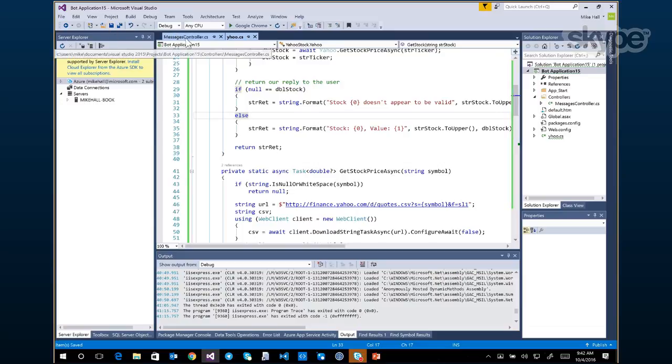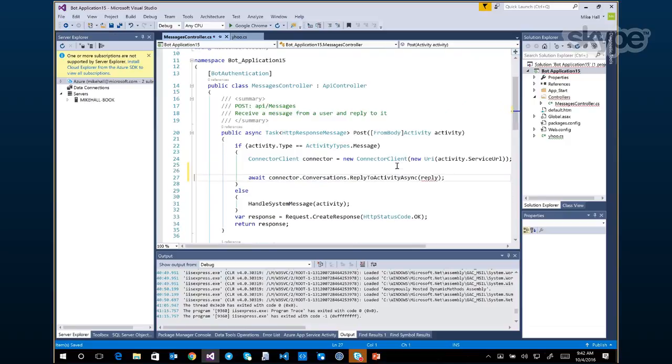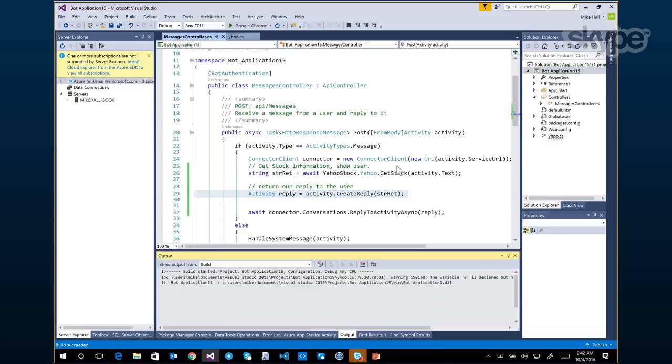Okay, I'm going to save that, come back to the message controller, and then I'll remove the lines of code that generate the string length and a message, and I'll just drop a couple of lines of code in that call the web service that we've just added and generate the reply back to the user. Okay, so let's build that, run that.